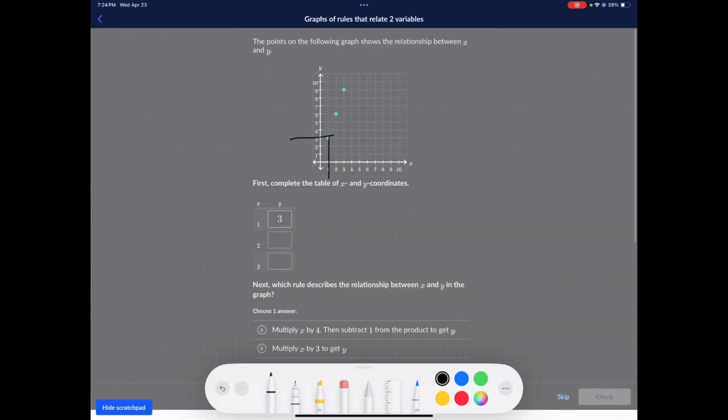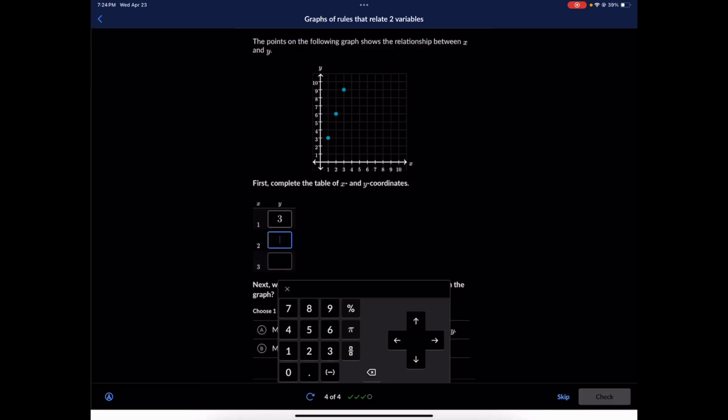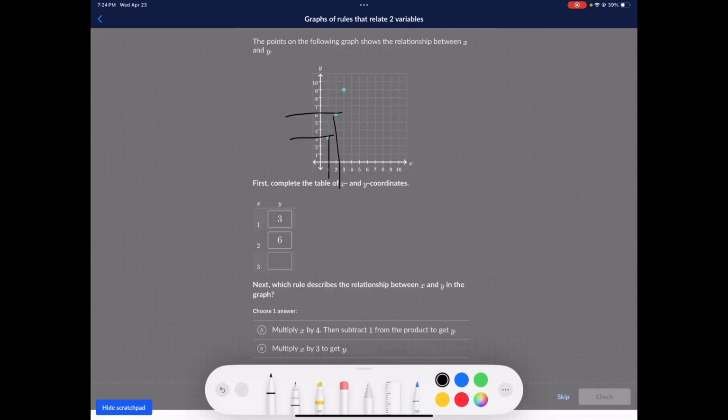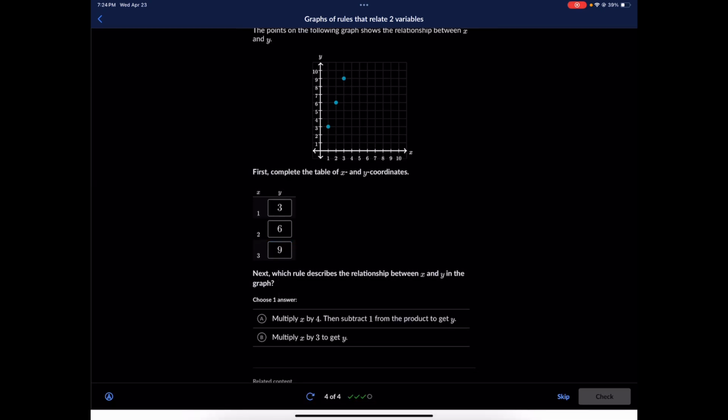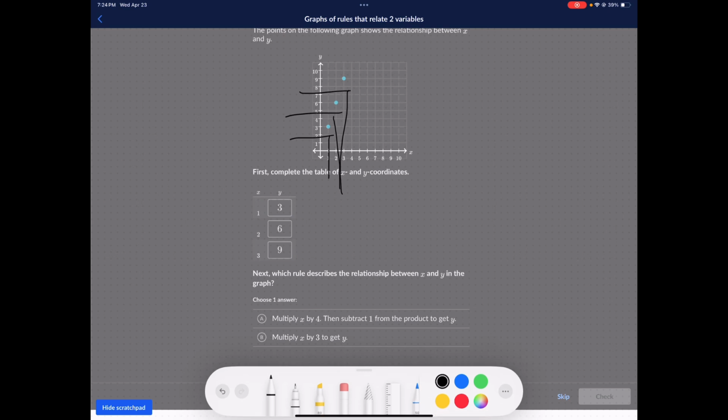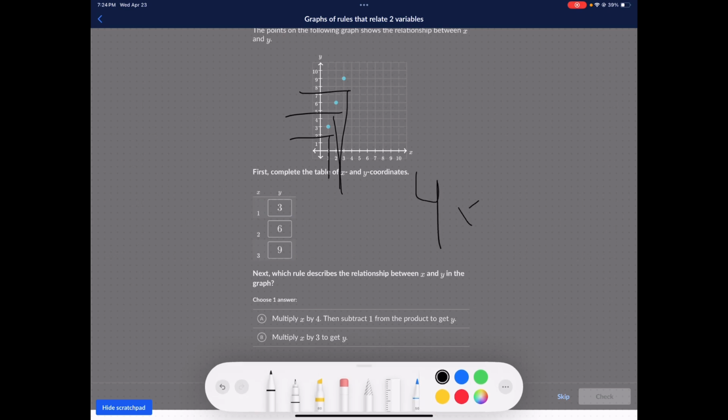Very good. Now if we go to maybe 2, what will y be? 6. Good job. Okay, so now if we go to 3, which is right here, and I'm really bad at that. Okay, where are we going to be? 9. Good. Okay, so now we have some pattern. Multiply x by 4 and then subtract 1. So we have x by 4, which is 4x, and we subtract 1 to get y. So we have y equals 4x plus minus 1. That is a Hoy. Now, if we subtract 1,